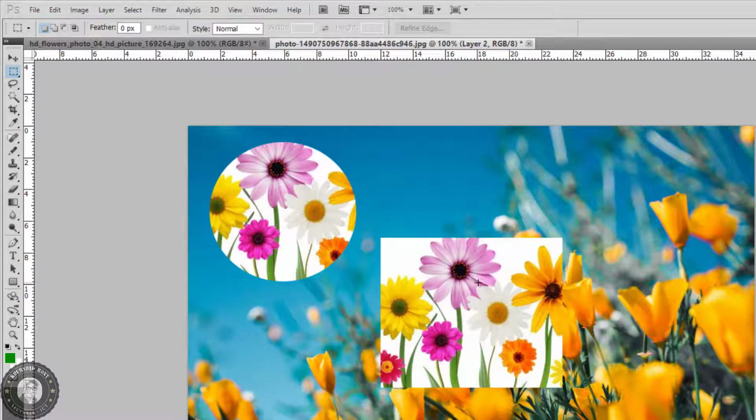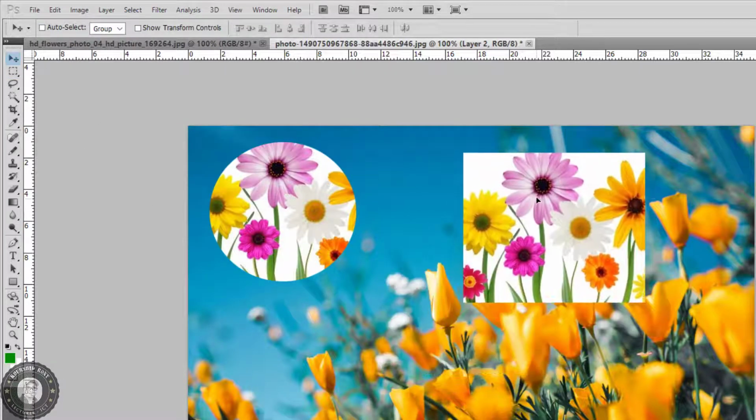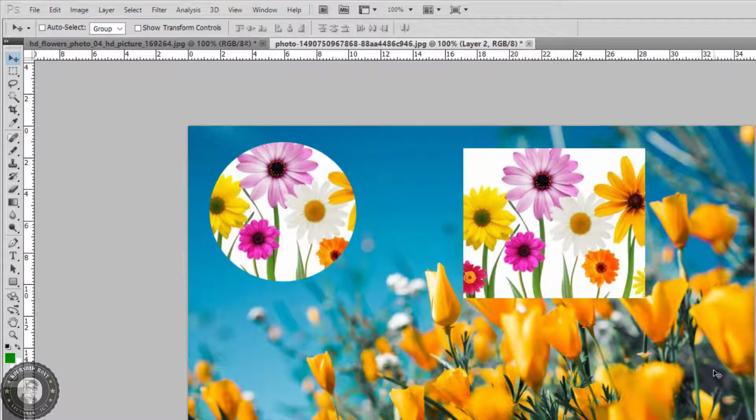Okay, by this method you can copy and paste or cut and paste of partially or fully selected part of any image or any object. Okay,